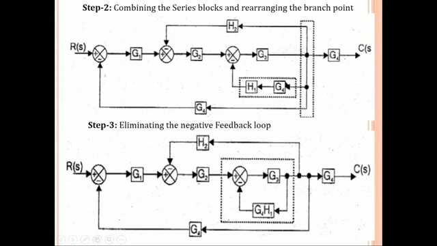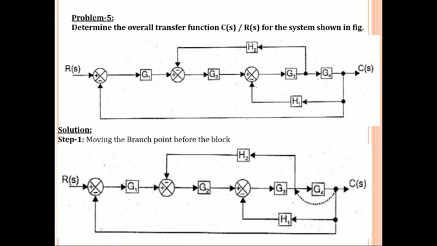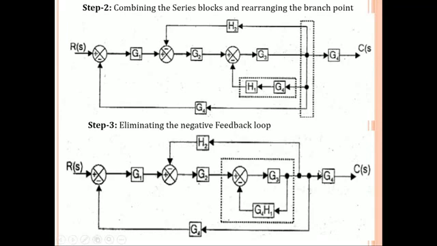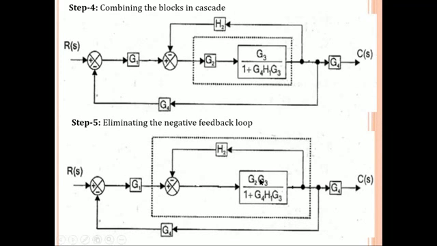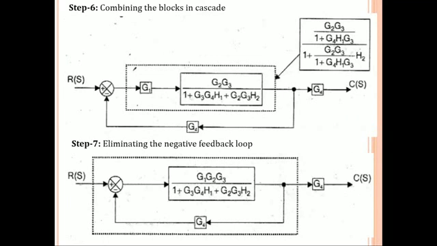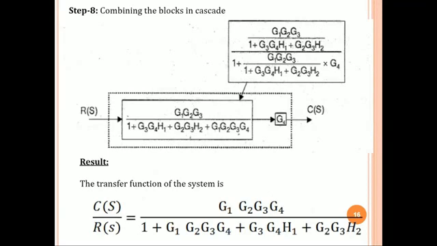This is also similar to the previous problem, right? After moving, in a single point, three branches are connected, right? Again, by splitting this branch, we will have this closed loop path. Again, by simplification, same as the previous problem. This block diagram is the same as the previous problem. So by reducing, we will get this equation. Please try to solve this. If you have any doubts, you can ask me, right?